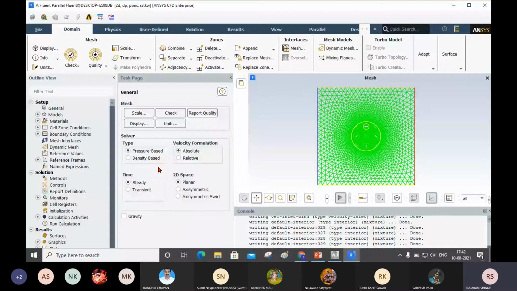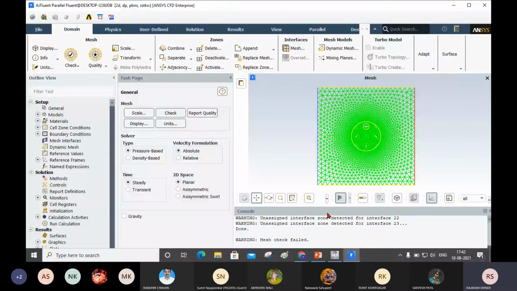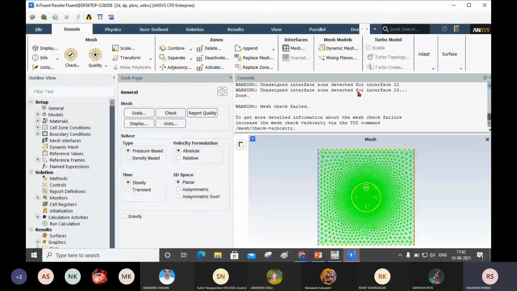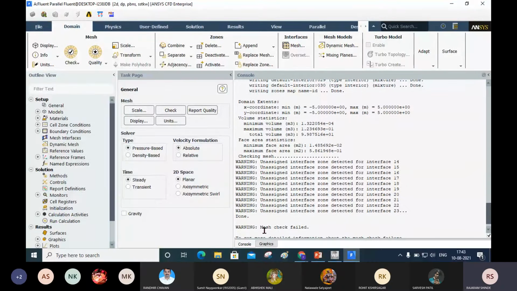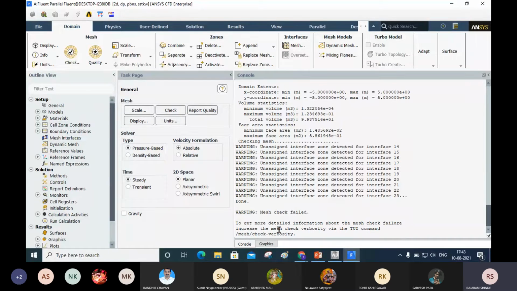After doing this, I am going to check the mesh. Now when we check the mesh, here I will show you this console window. Here you can see a warning message is displayed, and what is that warning message showing? It is mesh check is failed.